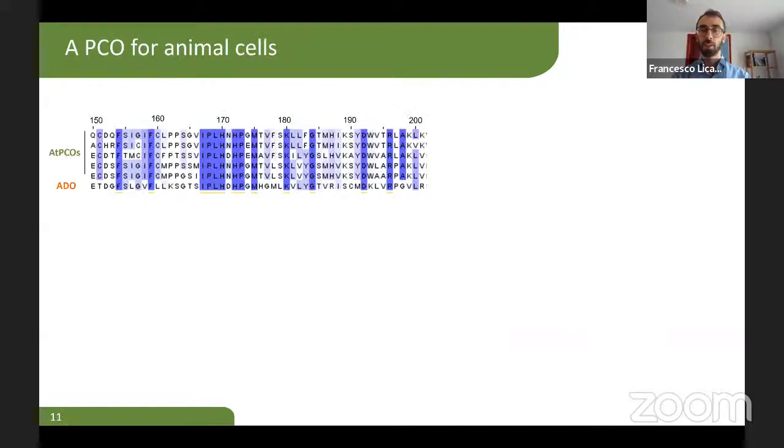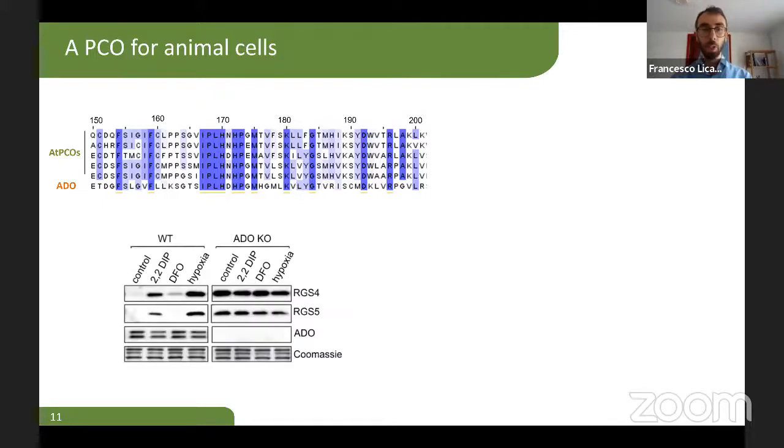And we realized it a few years ago when we collaborated with Peter Ratcliffe and Emily Flashman here in Oxford. We were looking for potentially enzymes able to carry out the same functions in animal cells. And we identified one of them called ADO, or cysteamine dioxygenase. And we confirmed that this enzyme is required to destabilize RGS4 and RGS5. These are